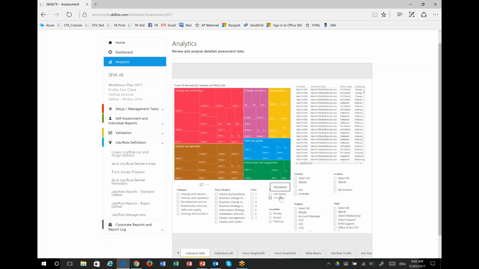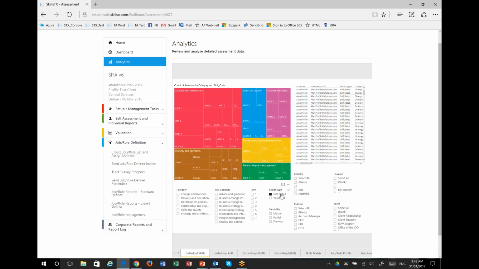Hopefully fairly self-explanatory. Self-rated will give me all the results as people completed either in the self-assessment survey or the latest version of their self-rated profile from the SkillsTx Planner console. So you can see when I look at self-rated data, that overall picture is showing that we've got quite a good spread of skills in the strategy and architecture